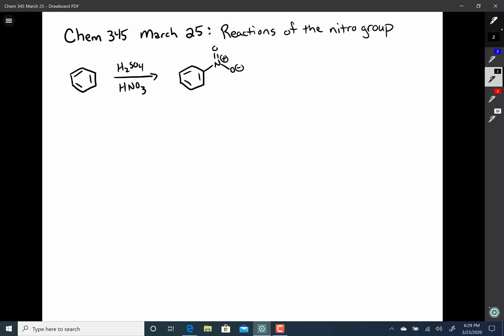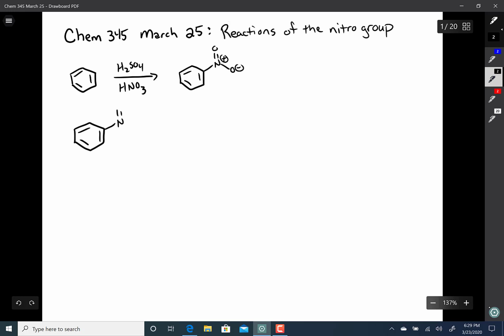Now, what can you do with the nitro group? Turns out you can convert this nitro group to lots of different groups. It's a very important intermediate, well, synthetic intermediate on the way to other things. Such as, well,